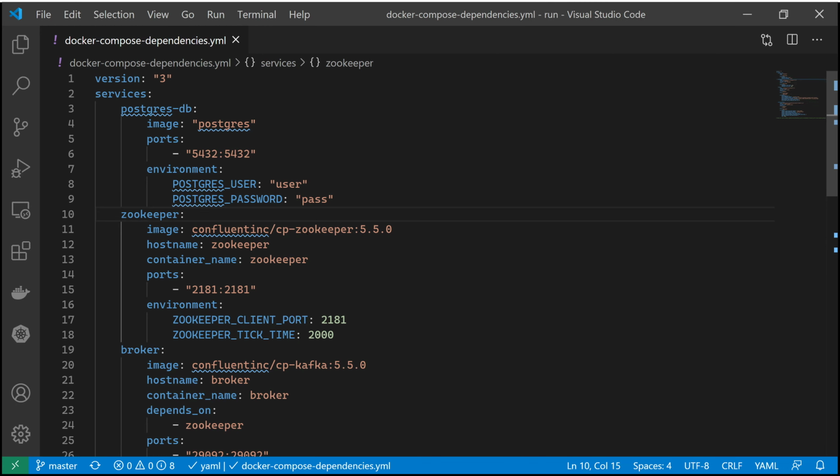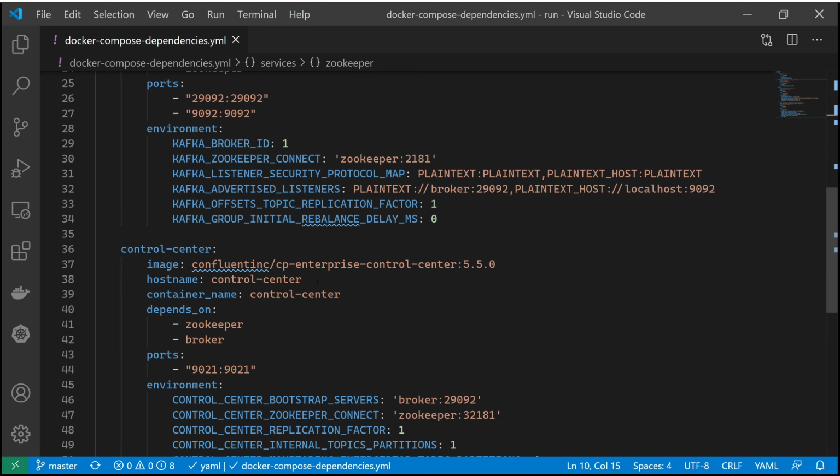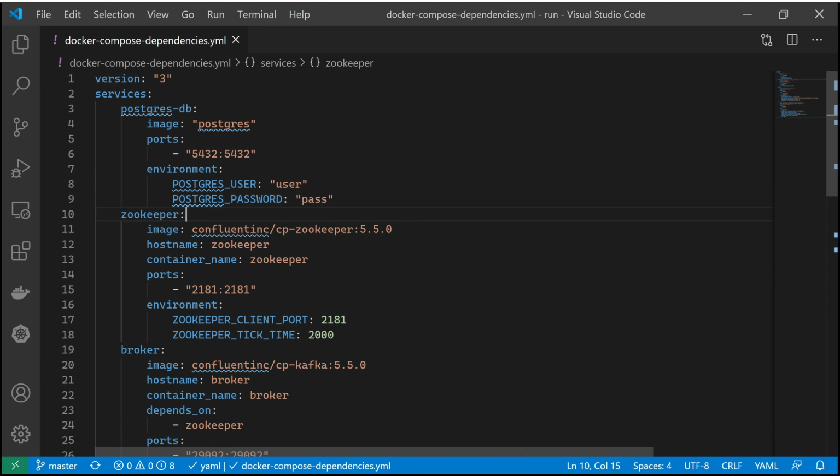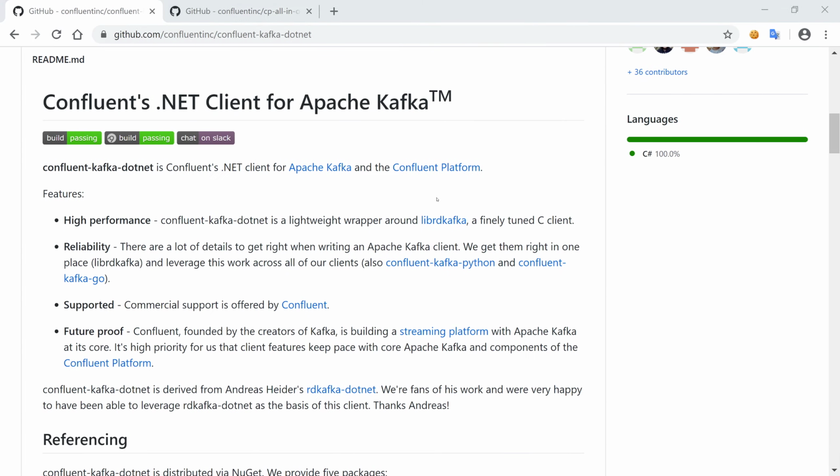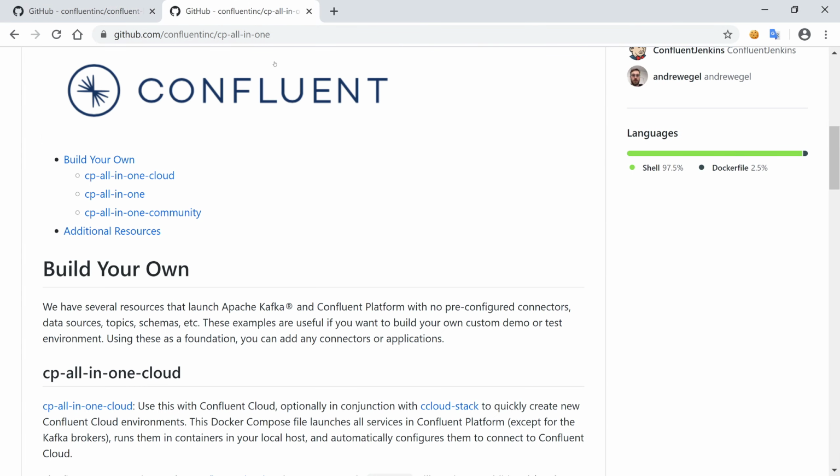So this is where I put the dependencies in a Docker Compose file, so we can start things before starting the application. Postgres was already here, but then we have a bunch more stuff, which is to start Kafka. I don't know all of this. I had never used Kafka before. So I wanted to run Kafka locally, and finding on the interwebs, what I found was this